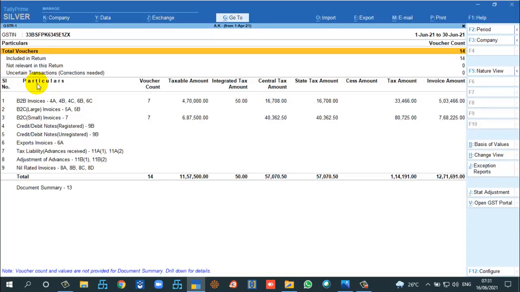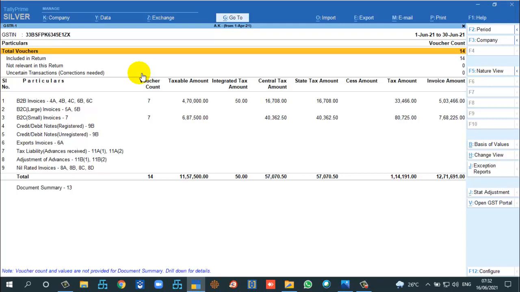For the month of June there is no error, so we can directly upload this file. First we have to upload this JSON directly to the portal, avoiding the HSN summary. Next we have to upload the HSN summary.